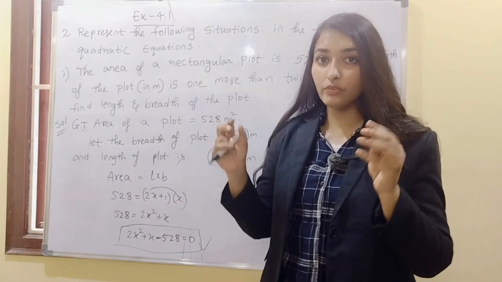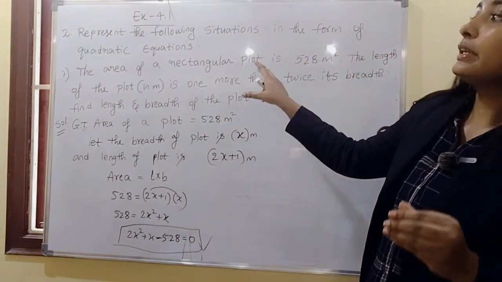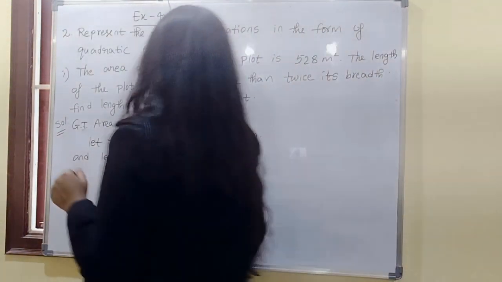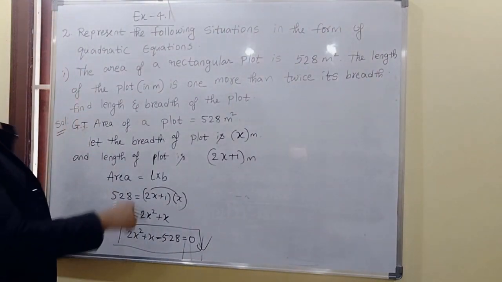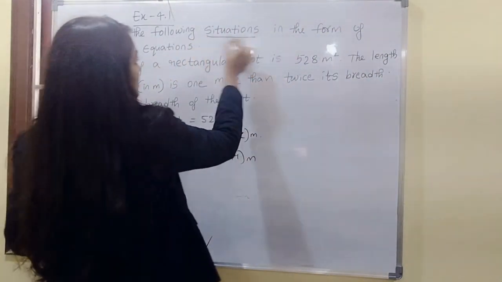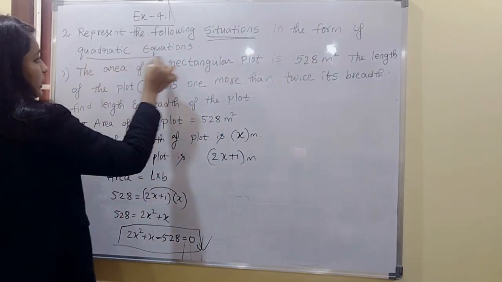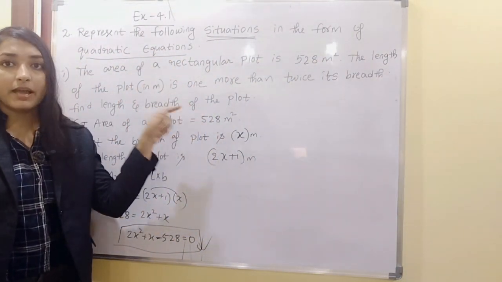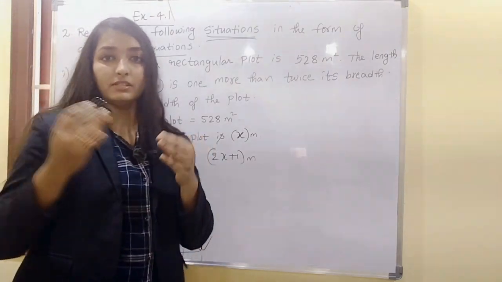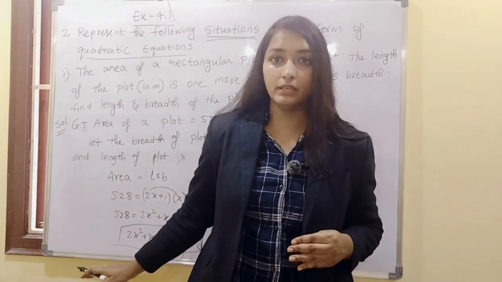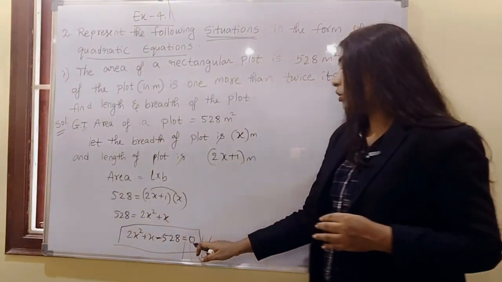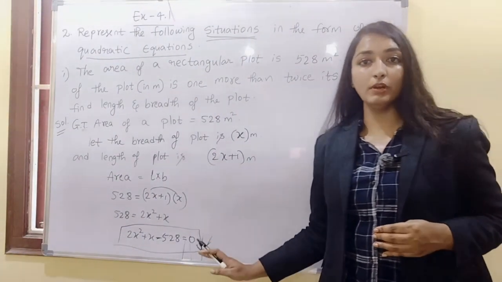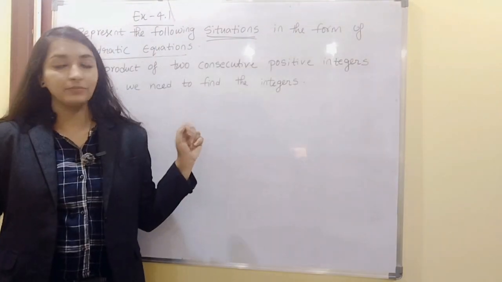Is it clear? So we expressed the given problem in the form of a quadratic equation. That is what he asked, right? Represent the following situations in the form of a quadratic equation. So we understood the situation and we expressed it in the form of a quadratic equation. So what we got is the quadratic equation 2x square plus x minus 528 is equal to 0. This is the second question of